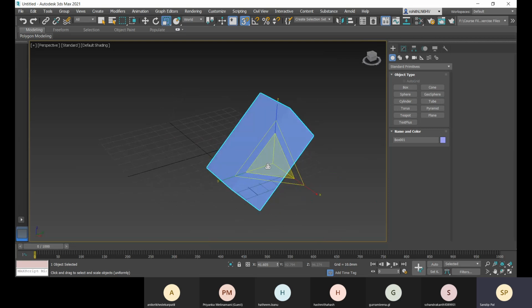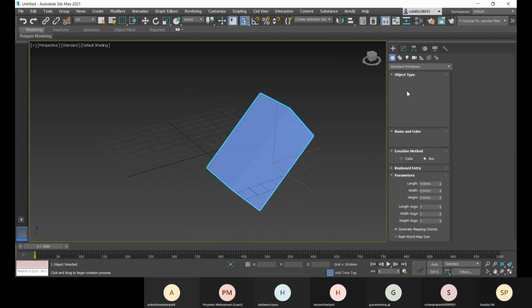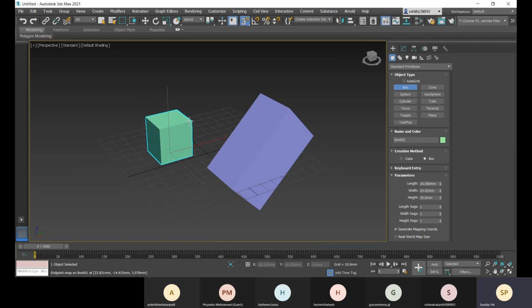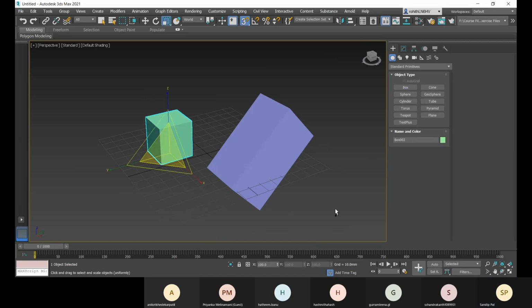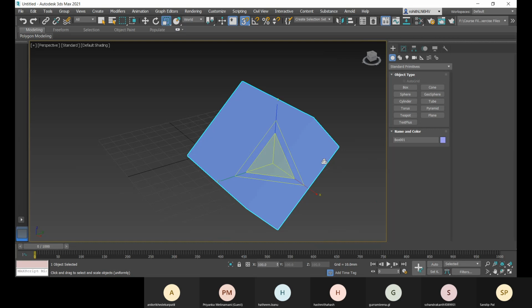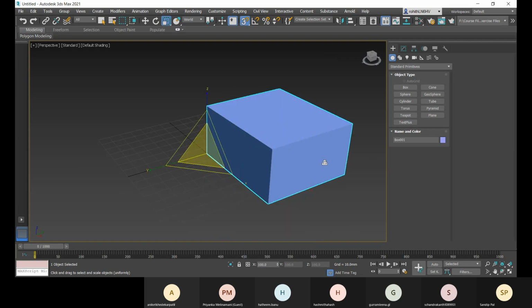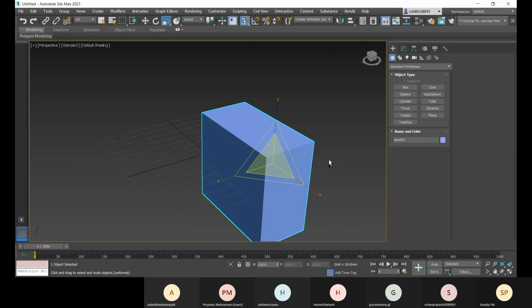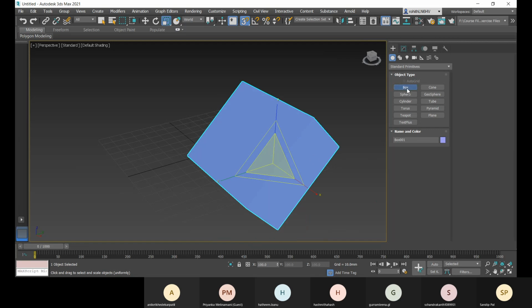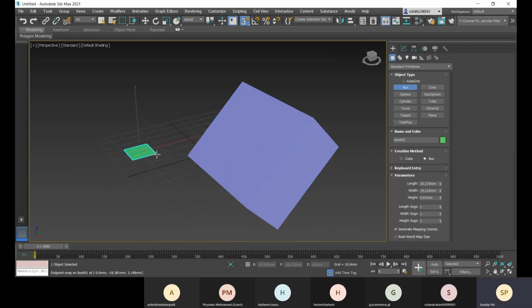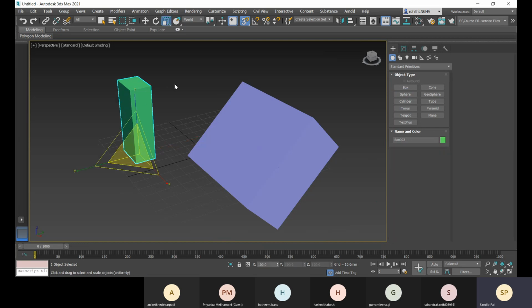So let me first show you the box here. Go with this. Let me draw another box, and there I will apply some more options. Okay, and right click to exit. And this scale gizmo is the default one. You can change it to W for move gizmo, E for rotate gizmo, R for scale gizmo.